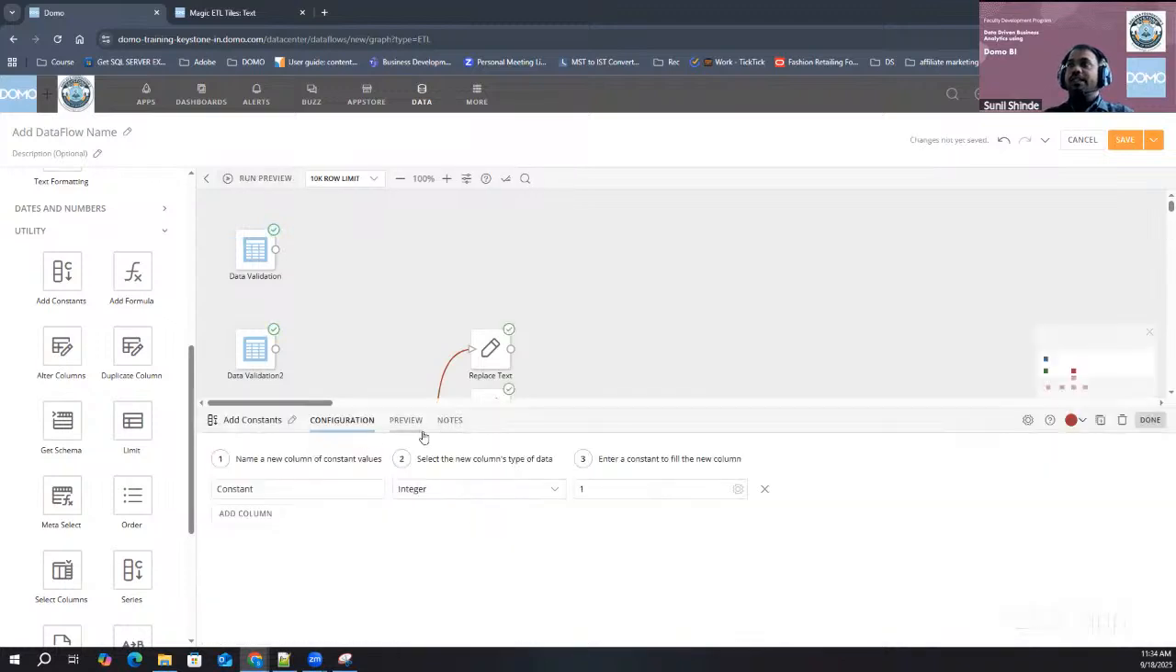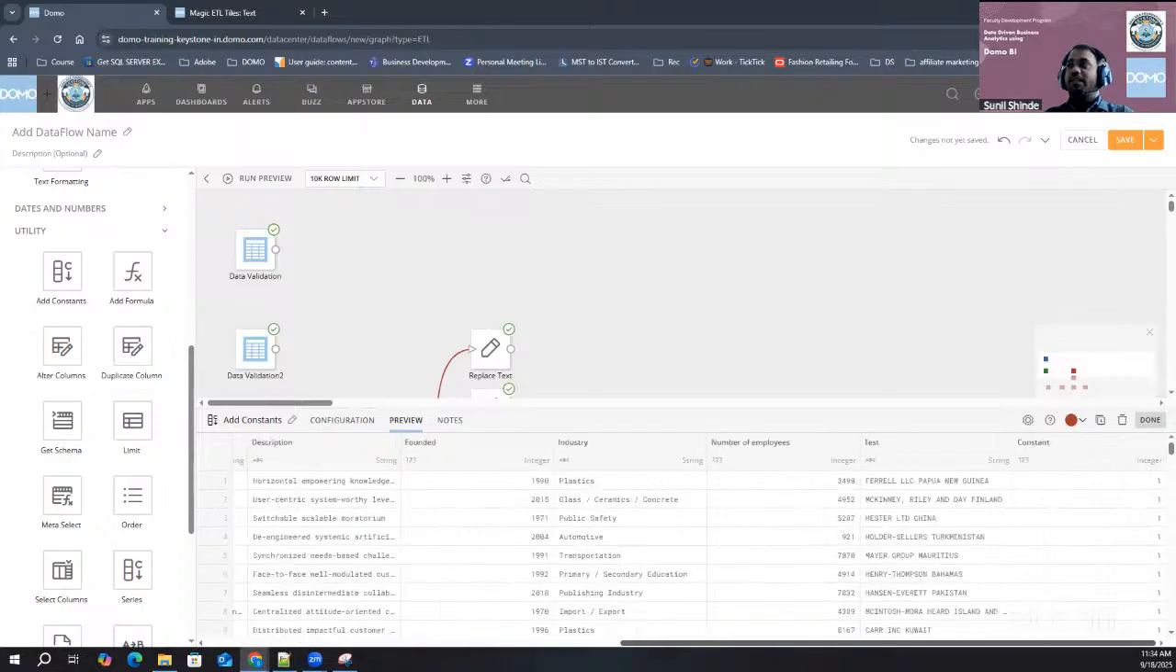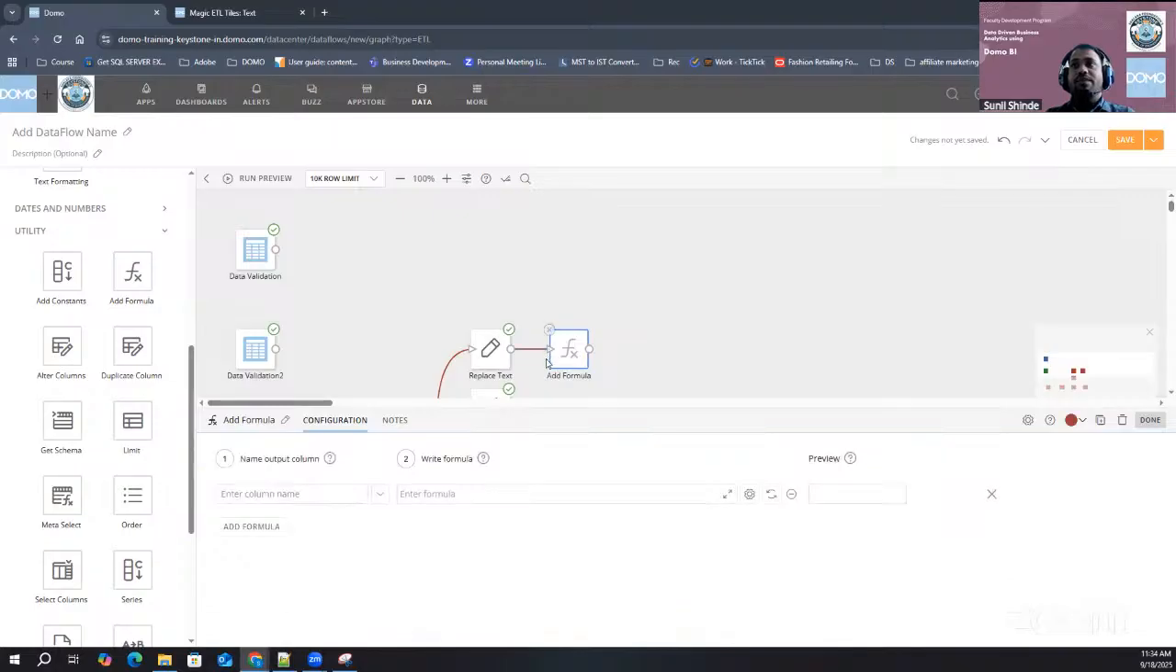So you will see this transformation will create a column constant that we have given a name, and it will fill all the rows with one value that we have given as the constant value. The next tile is an add formula tile. The add formula tile is a powerful tile. It will allow us to write SQL statements or basic SQL queries,